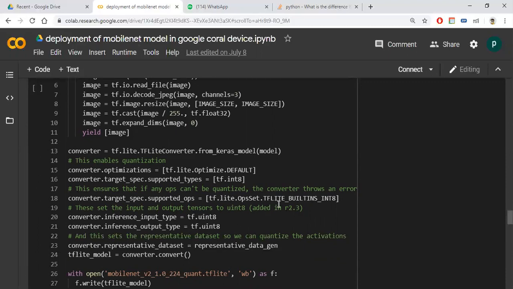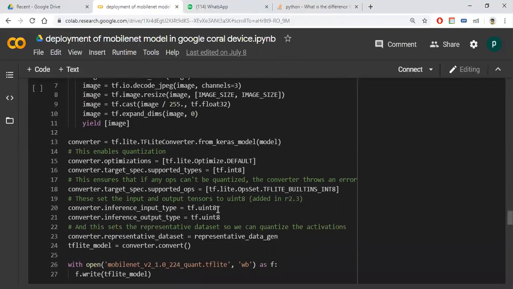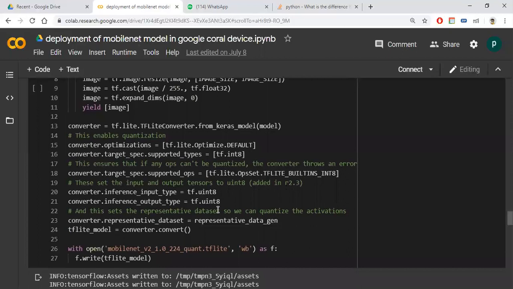So we need to convert into int8 now, so I am giving it like that. Our input and output should also be int8, so I'm converting our data.